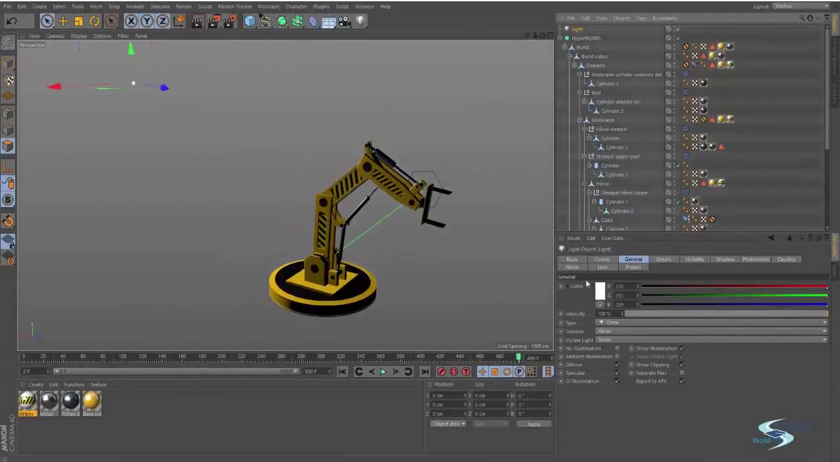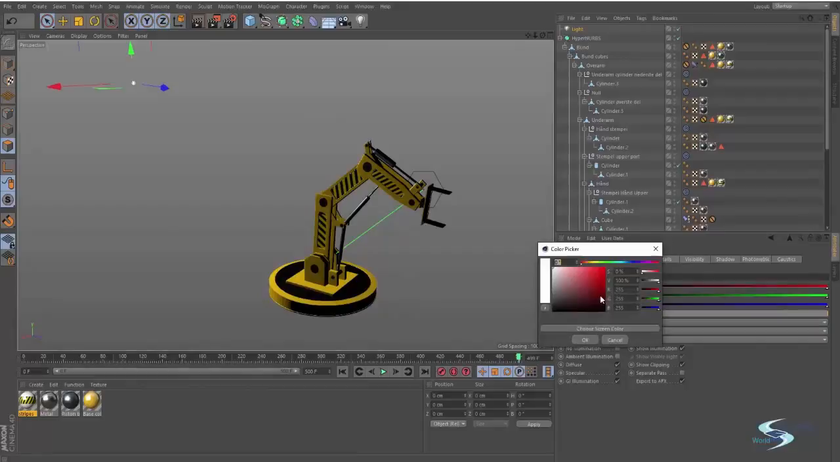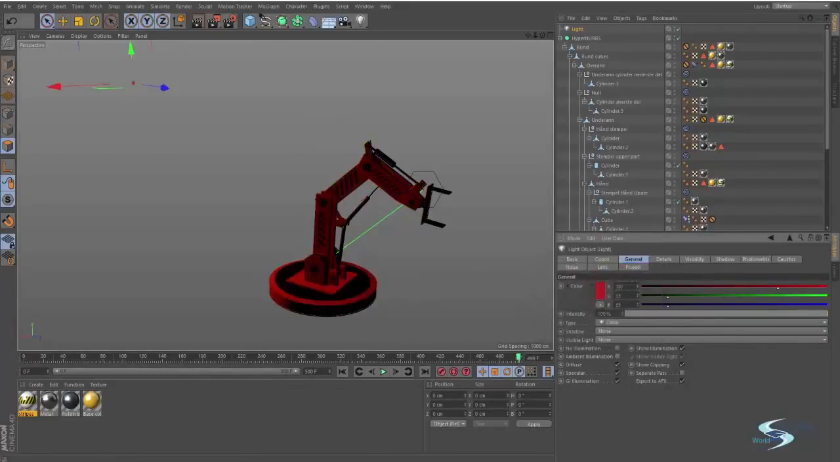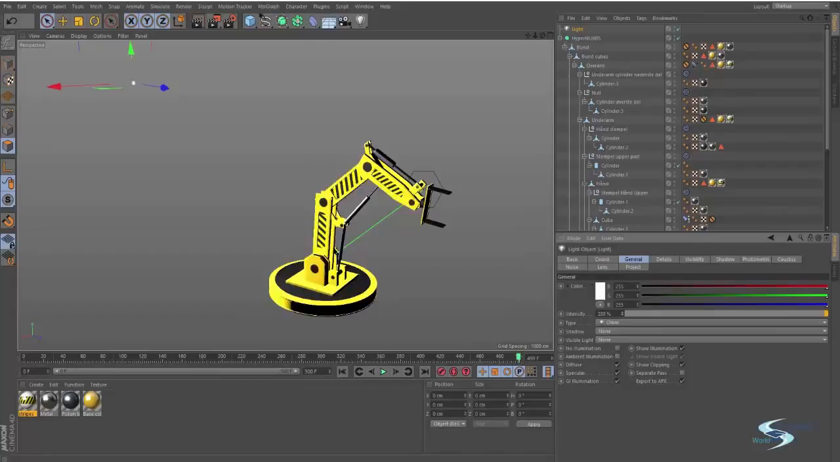With our light selected, let's go down to the properties panel and take a look at what kind of settings we have got to work with. So there are a lot. Let's start with the general tab. You can change the color, so you can make it red. You can basically change the color of your light. I'll just leave it at white for now. You're able to change the intensity,